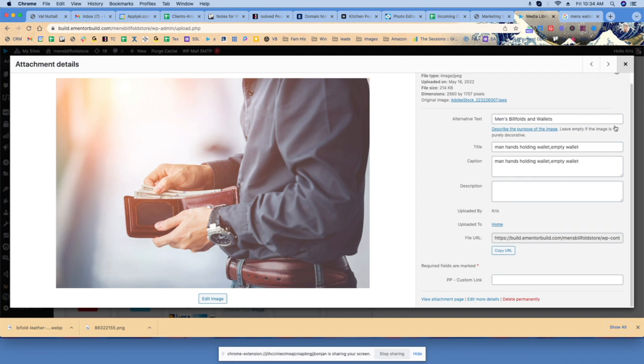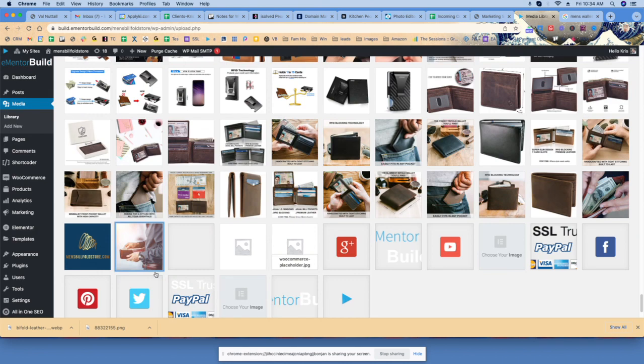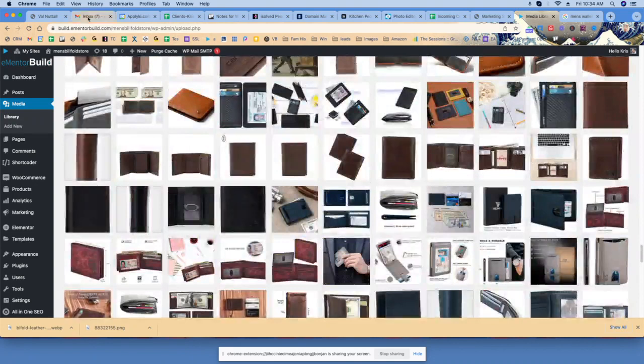Okay. And we just close that off. And that uses that alt text on that picture instead of the other. So either way, you can do it, but you only need to do one. You don't have to do both. Okay. Then let's see. From there, we're actually going to go back to our pages list, all pages, and this